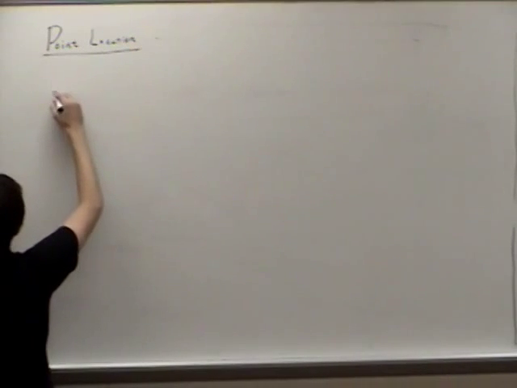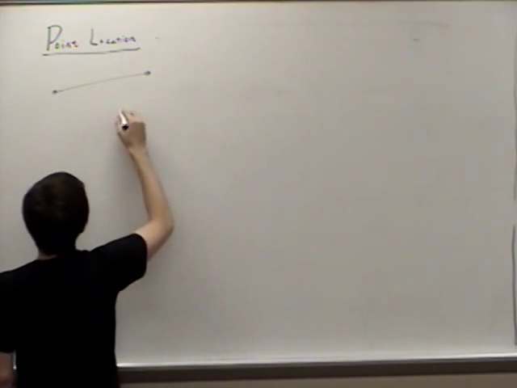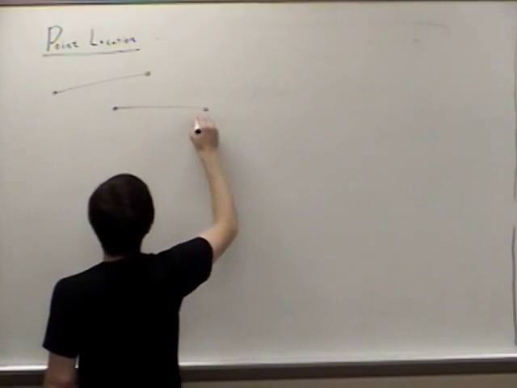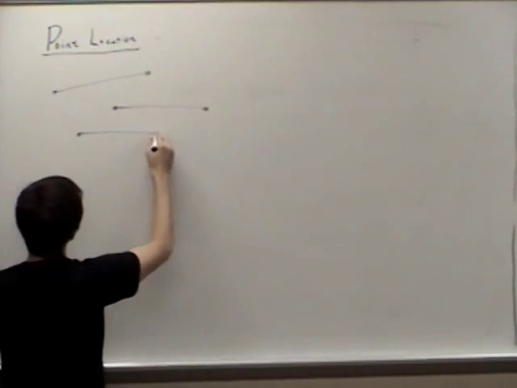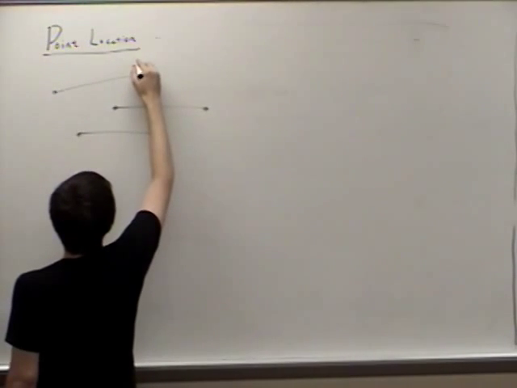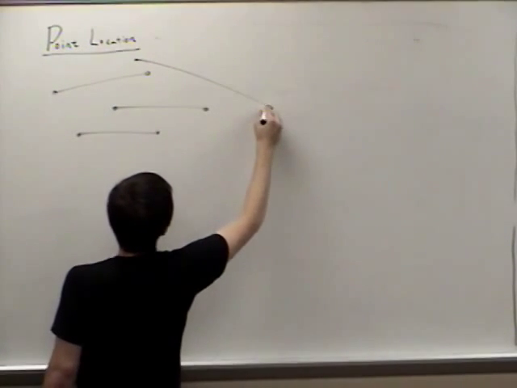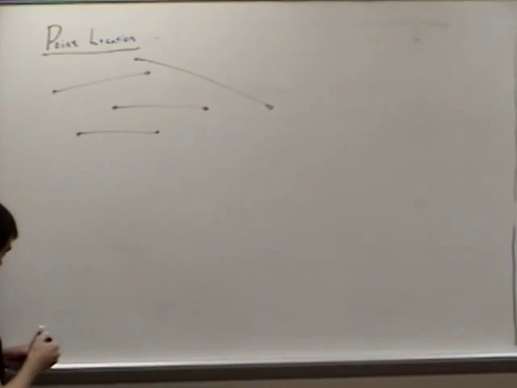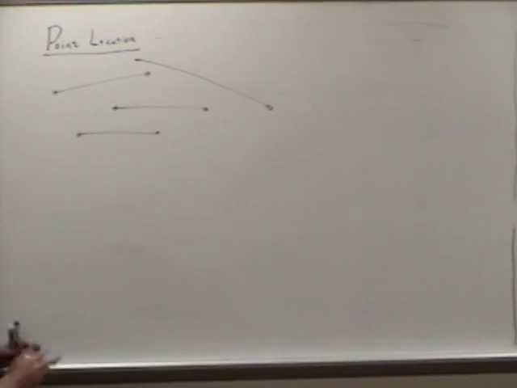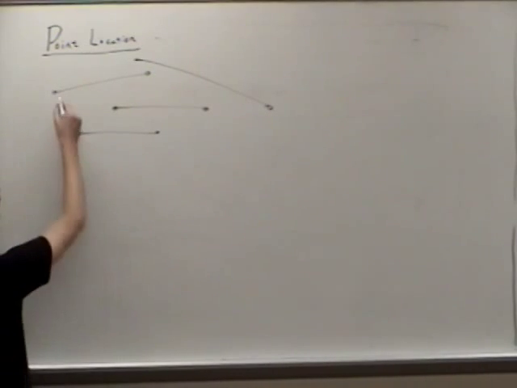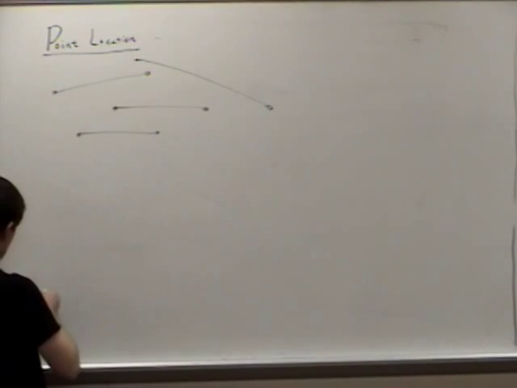Let me draw a picture, maybe a similar type of thing as before. Something like this. The key trick to making the trapezoid decomposition work is that when we draw these lines here, I think I did it in red,